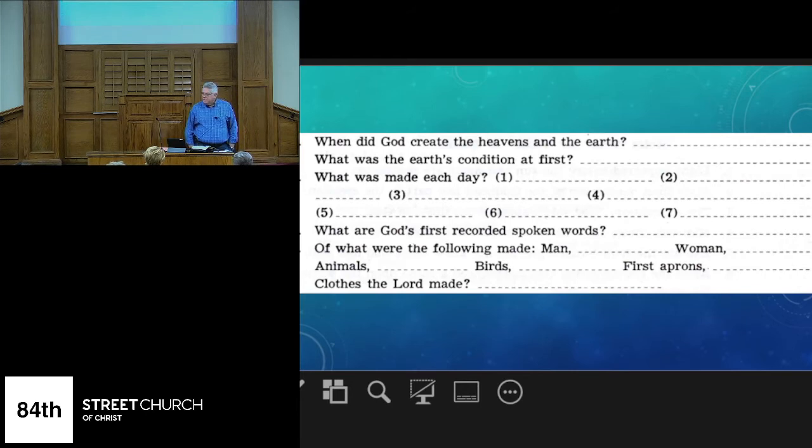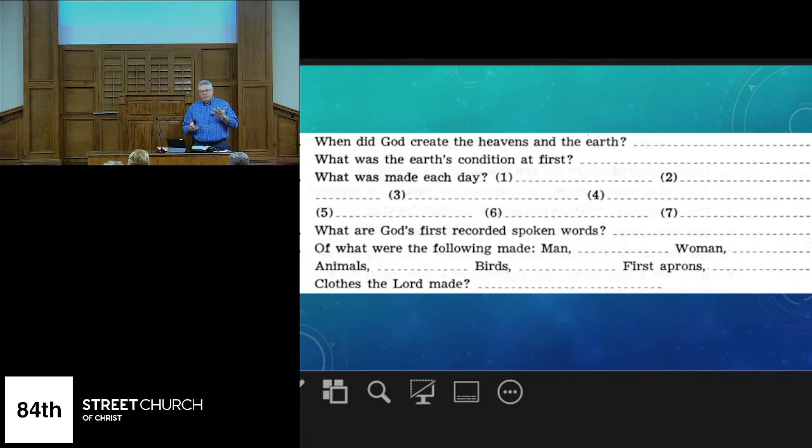Do we know approximately when that is? From looking at the genealogies, from looking at the generations, looking at New Testament and Old Testament records, do we have a ballpark idea how old the earth is, how old everything is? Is it billions of years? Is it millions of years? Is it hundreds of thousands of years? Nope. It's a new earth. God can create anything he wants to look as old as he wants it to look. If he wants the Grand Canyon to be created mature, like it took 1,000,000 years to get that way, then that's what he'll do, and that's what he did.